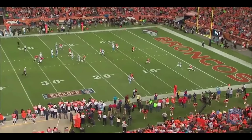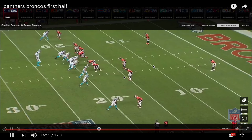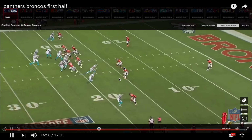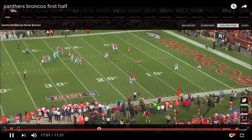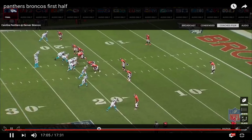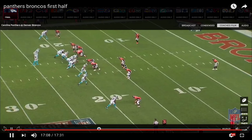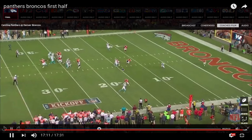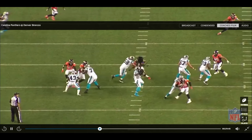Here you're also going to see, before we end this first half video, just a complete miscommunication, and this is why Greg Olsen gets open because they're still working here kind of on zone. You're going to see here for Denver, Justin Simmons coming into the game, and he's a rookie. So Simmons is going to miss his assignment completely. There's Simmons there, 31, misses his assignment. He's supposed to stay with the tight end, and he essentially lets Cam Newton